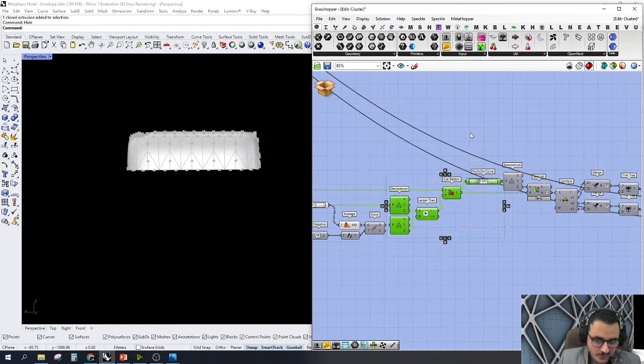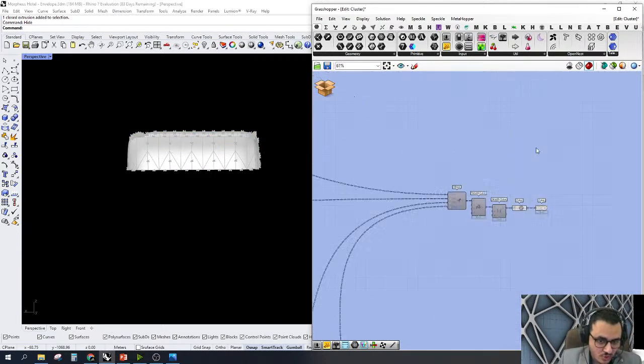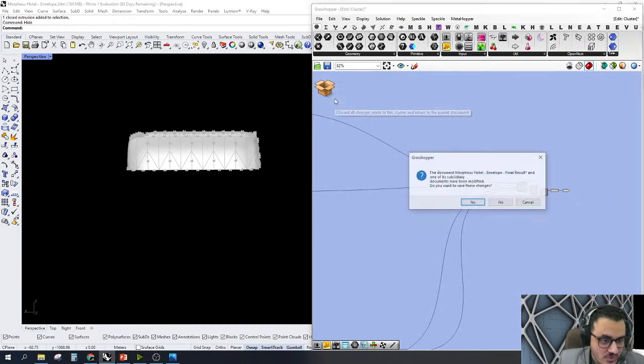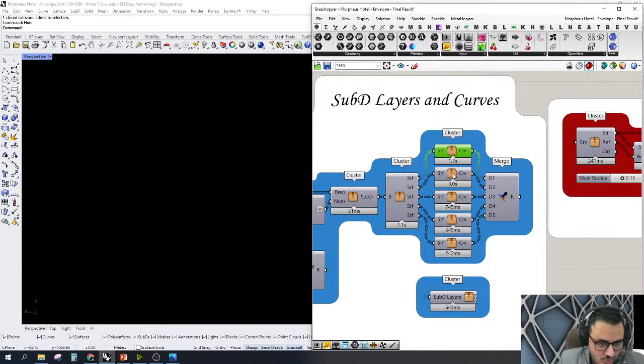It's kind of hard work, but the final result is really cool because, as I showed before, each group of curves will be working with the same surface. So now, of course, I will say no for now, because if I said yes, it would take so much time to process again, which is not something I want to deal with. This one is